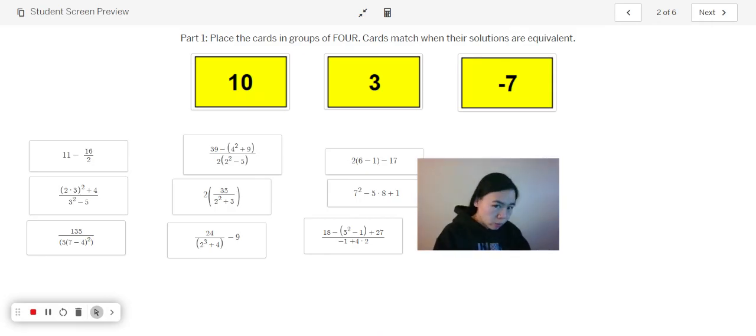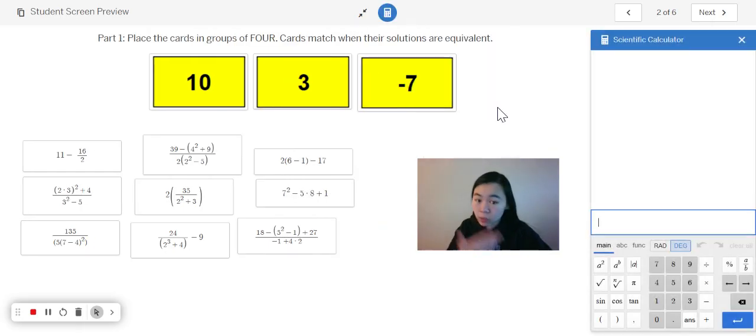Now, when you get an order of operation problem on any standardized test, you will not typically get to use a calculator. For this practice, we are going to use the calculator because we're moving on to solving expressions, and we need to know how to type our problems into the calculator if we get one. Okay, so normally with order of operations, you don't get a calculator. For this Desmos purpose, we're really just practicing utilizing the calculator so you know how to use it if you do get one. So all we're going to do is type in each one of these expressions